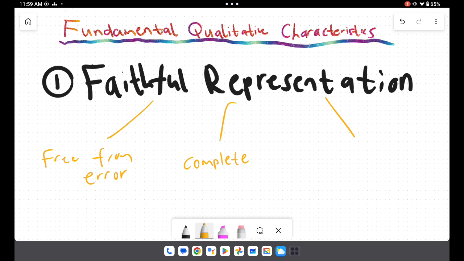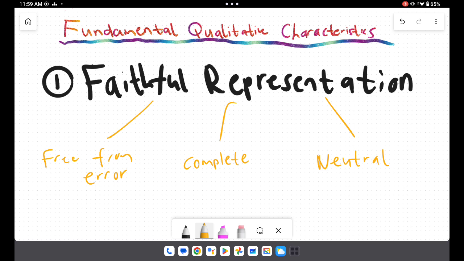Third one, it's called neutral. Another name for neutral is unbiased, right? This means when the financial statements are being represented, or being made, they mustn't be biased. So if the financial statements are made by the owner, that can be biased, right? It's not neutral because he can, I don't know, manipulate those financial statements, do bad stuff. So yeah, that's that, right?